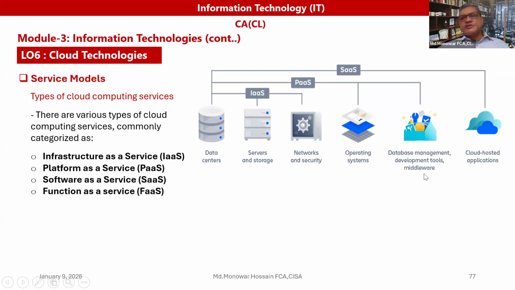In the same way, PaaS, that means platform as a service. Sometimes you use the platform for creating an operating system or different types of apps, for example, mobile apps and other things, and to manage the database. That type of platform can be used through cloud computing, and that facility is given by the service provider. That is platform as a service. In the same way, for infrastructure as a service, a few infrastructure services can be provided by the cloud computing service provider and used by the organization or developer to develop any type of software and other things.